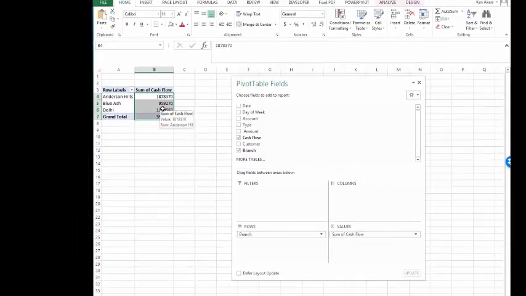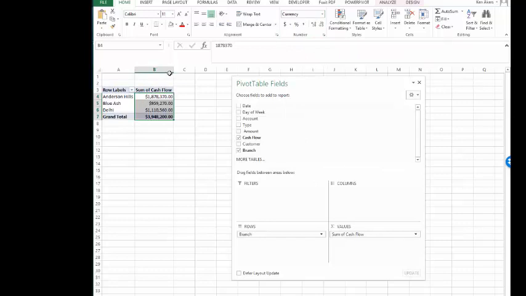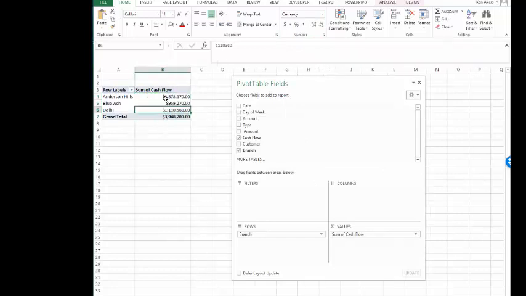So a really quick way to do that is to highlight and go up here to your numbers group, where you can specify what kind of data you want, right? Whether it's a date or currency and so forth. In this case, I'm going to do currency. And there we go. We can see that the total cash flow at Anderson Hills at the moment is the